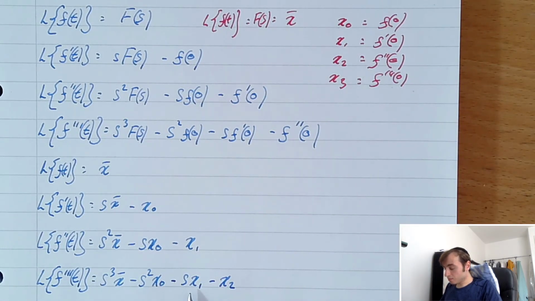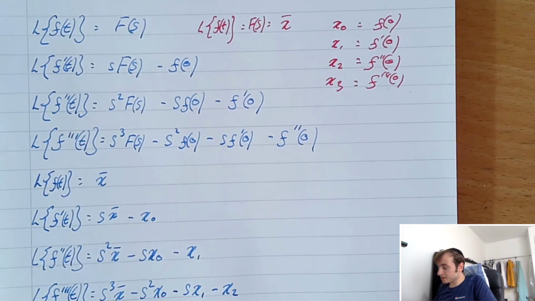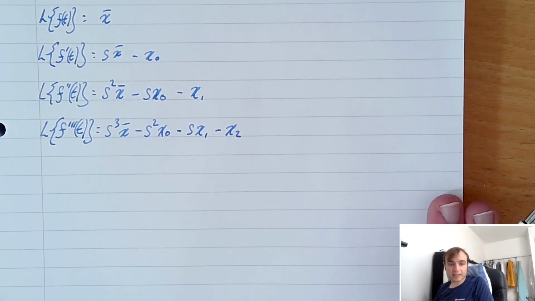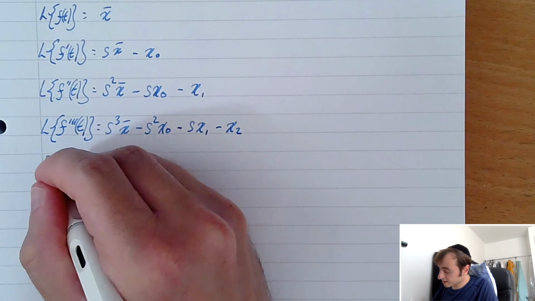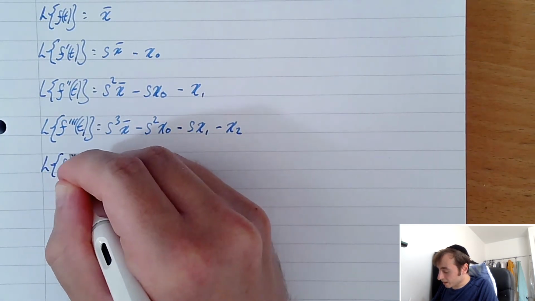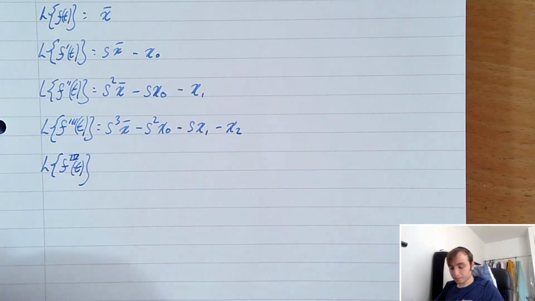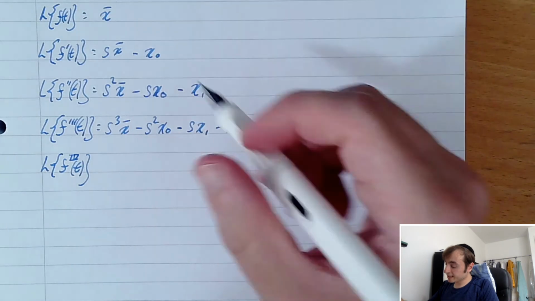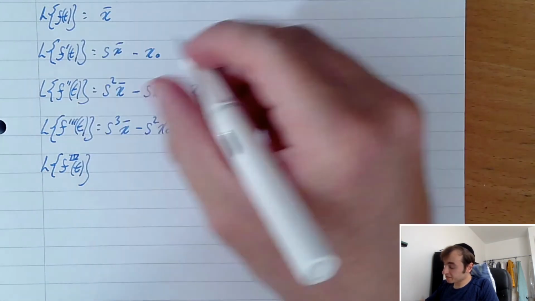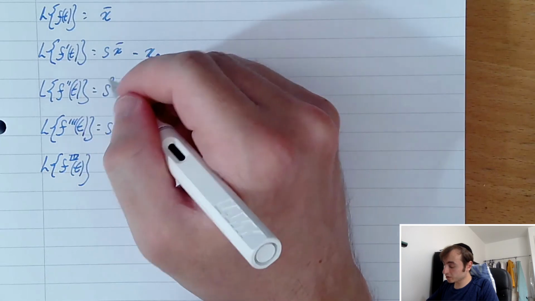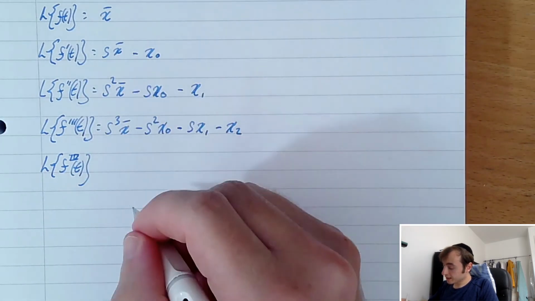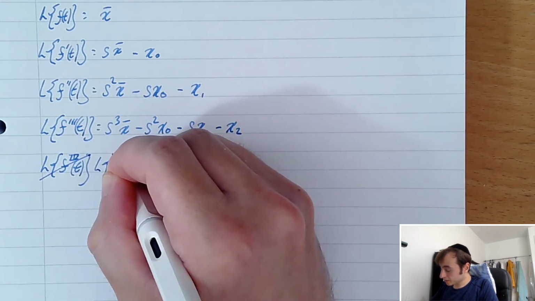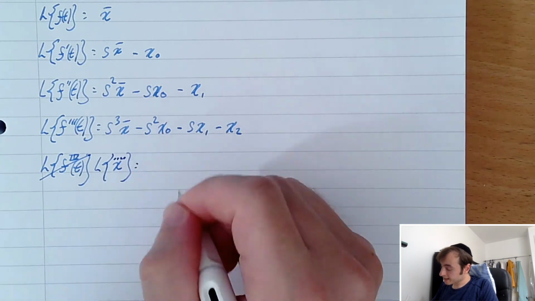Now let's see what we think is going to happen. We can actually start to notice a pattern here. So I'm just going to move the paper up so you can get an idea of where I'm going with this. So now we can say that the Laplace transform of the fourth derivative, and another thing that we can do as well, we can actually replace this notation here with f of t equals x, f prime t equals x dot, and such. So you know what? Let's do that. The Laplace transform of the fourth derivative, x with four dots, just like that, is going to equal